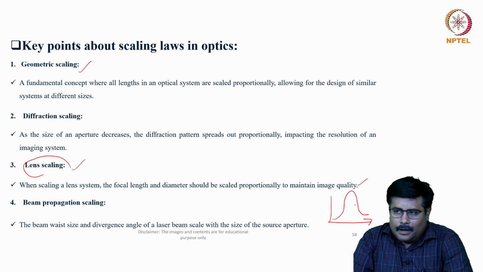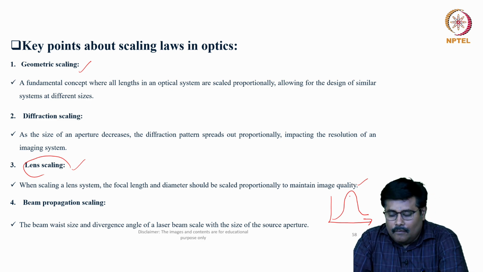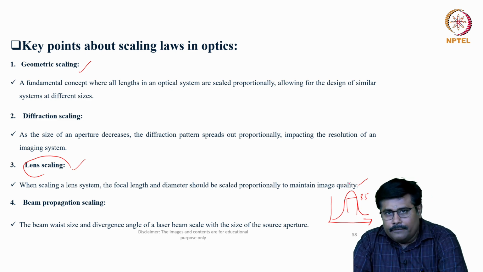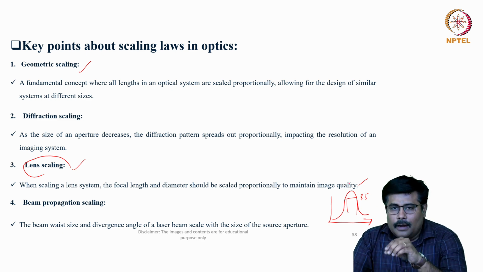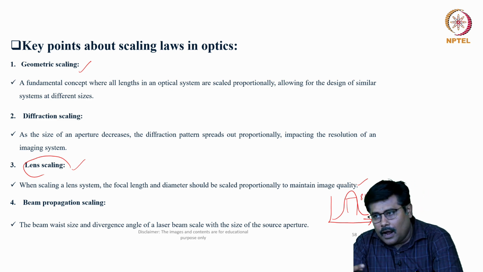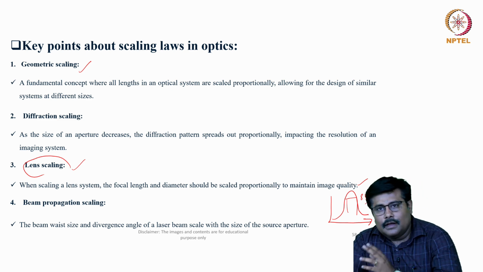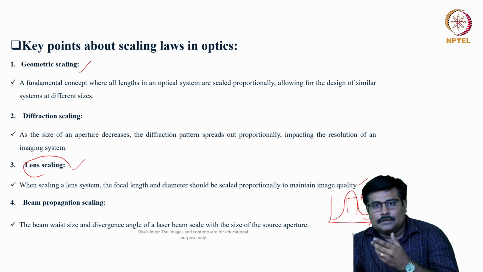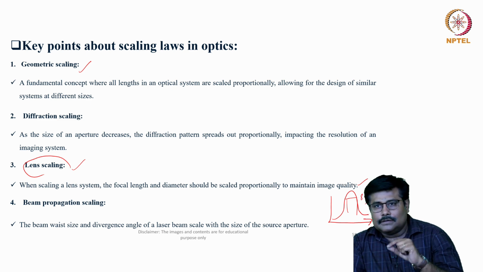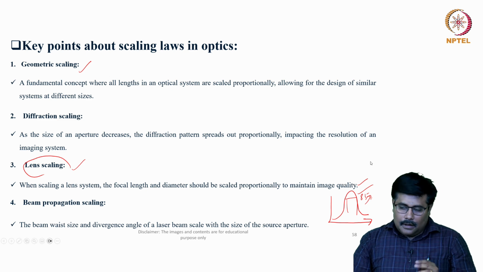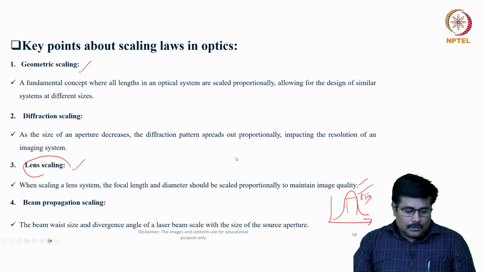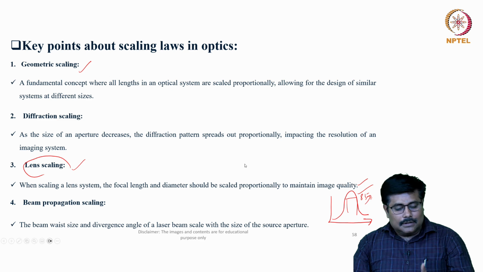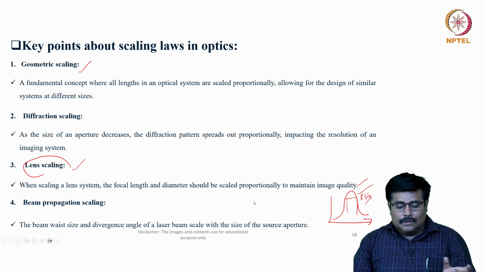So conventionally, any light, if you take, will be in the Gaussian beam profile, where the energy is focused close to around 85%. So the 85% focus can be used for having a kind of responsive behavior for actuating a system. One good example is light driven systems. Wherever we are trying to use a light driven system, we can use this Gaussian beam profile based laser for an appropriate actuation, and it can even be used for locomotion also. So these beam wave size and the divergence angle of these laser beams scale with the size of the source